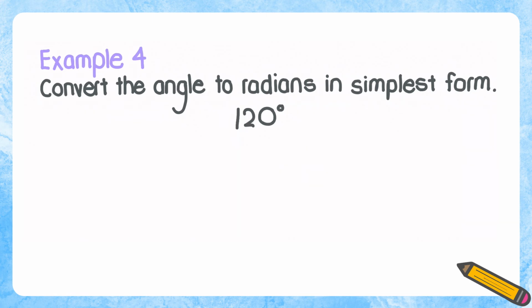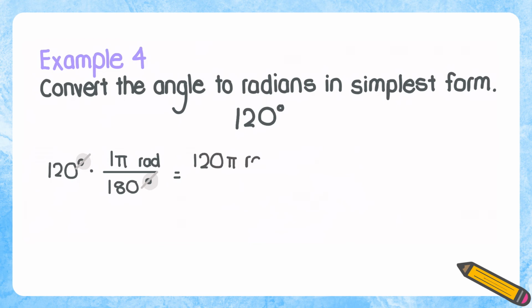For example 4, we're going to convert 120 degrees to radians. So go ahead and try this on your own and then press play when you're ready. So we start off with 120 degrees. And we're going to multiply the conversion factor. We know that 180 degrees equals 1 pi radian. Notice now we can cancel out the degrees. So now we're just left with 120 times pi radians over